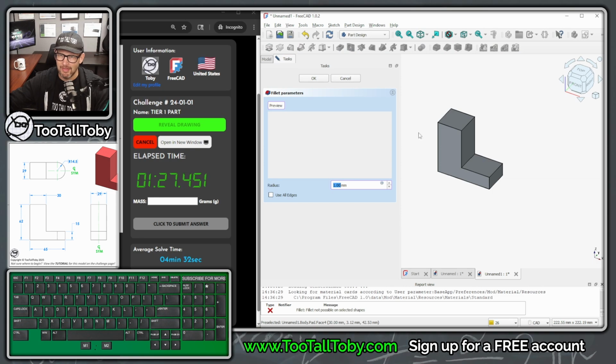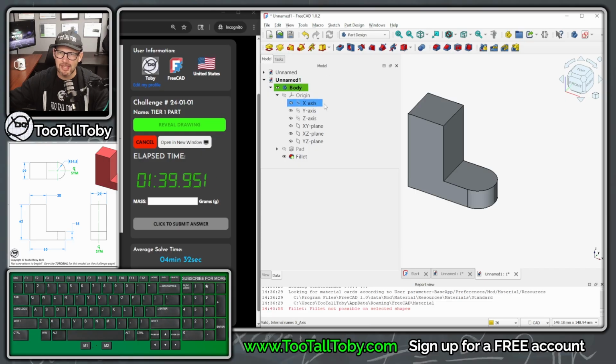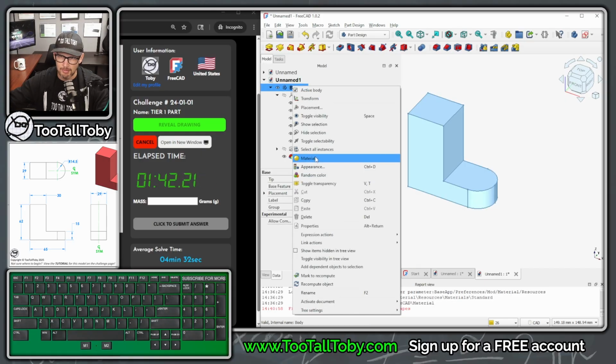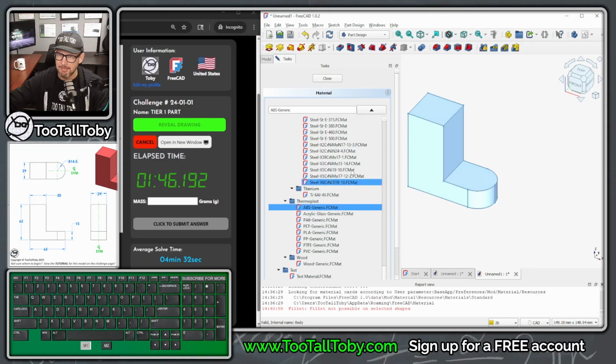And then fillet, and this fillet is going to be on this edge and this edge with a radius of 14.4999. Enter. And oh yeah. And now back to the tree here. We're going to right click on the body, go to material. We're going to scroll down through this list all the way down to the bottom and pick the ABS generic